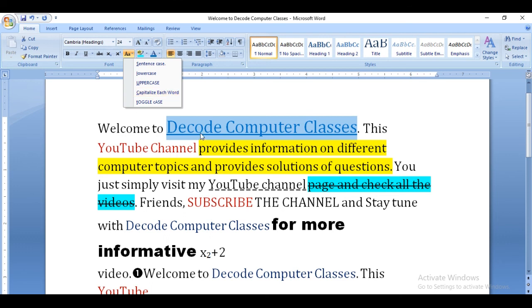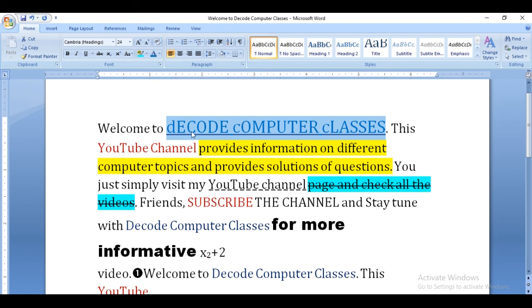So every word you have selected in the sentence will have its first letter capitalized. Now what is toggle case? In toggle case, as you noticed very clearly here, the small letters are converted into capital and all the capital letters turn into small.